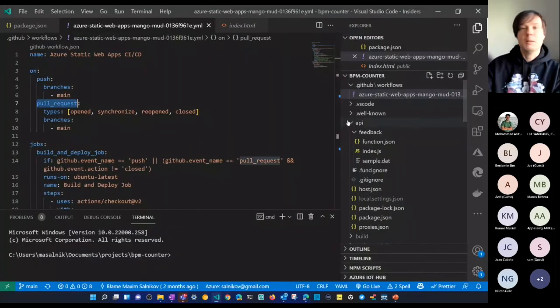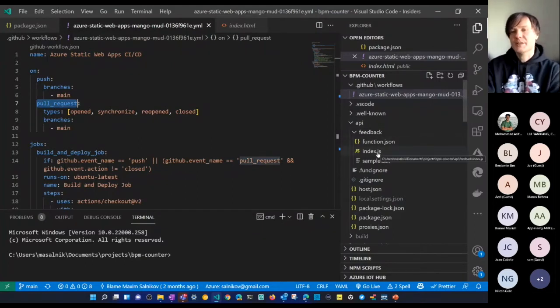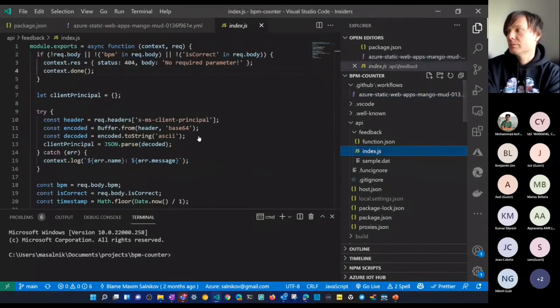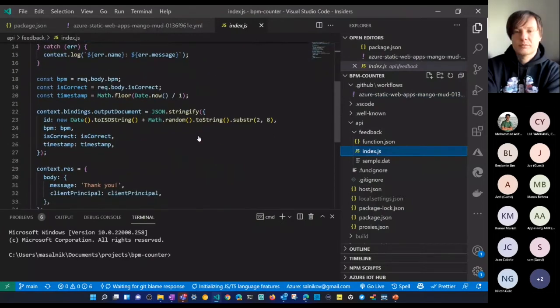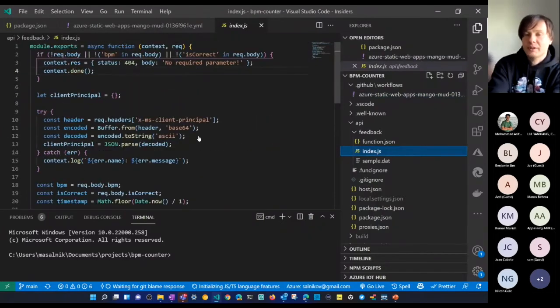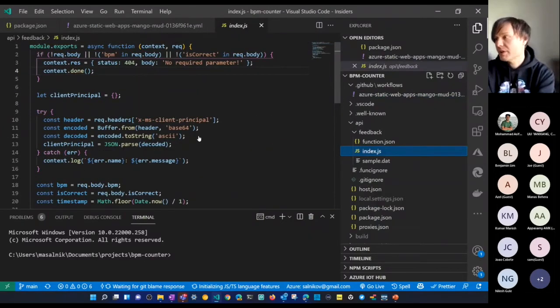So how does it look code-wise? Well, I'm a web front-end developer. JavaScript is my main language, so it's not a secret that I decided to go for Node.js to write backend-side code, and I created an Azure Function using JavaScript and Node.js as the environment. So this is my function.